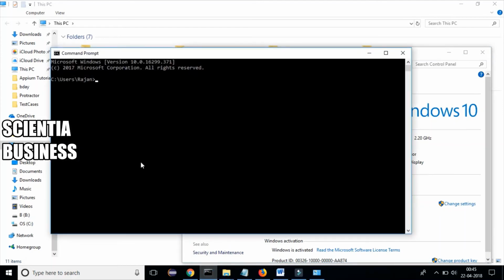If you write a simple command like java -version, you will see it is returning that the Java 1.8 version has been installed, and everything is configured. So this is the magic of environment variables.